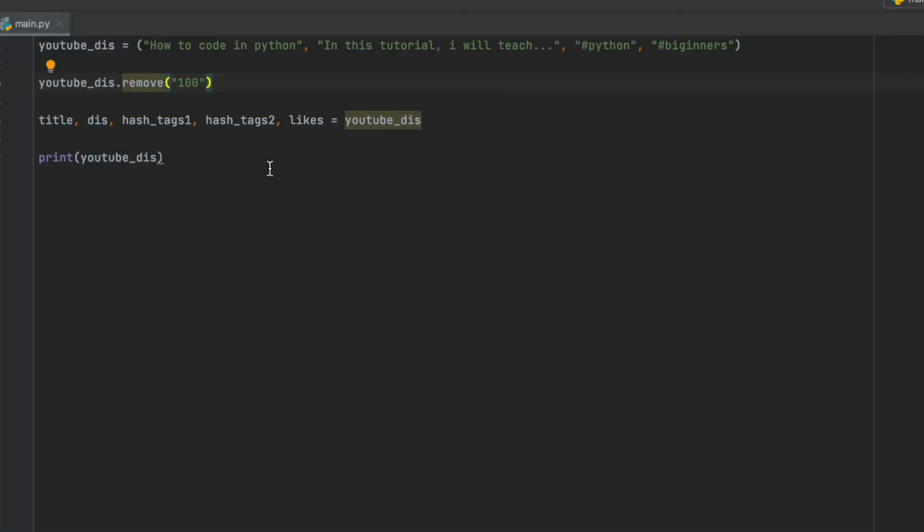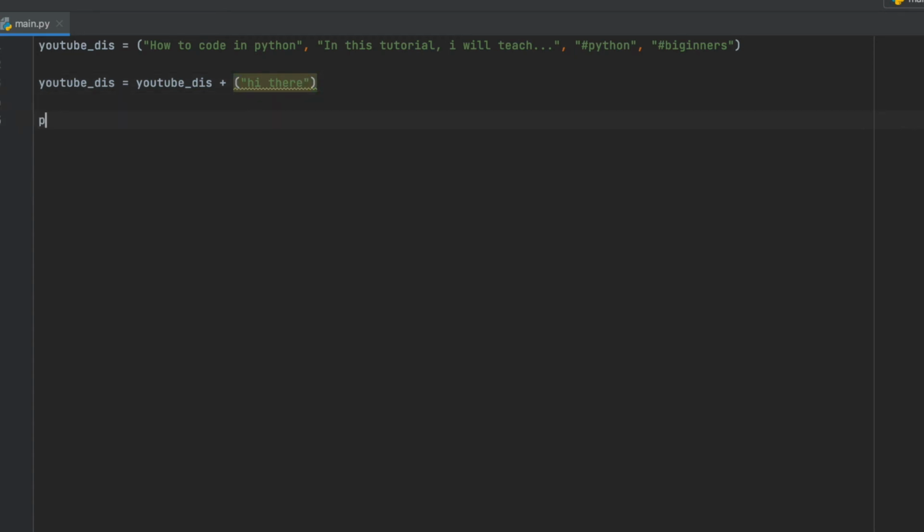Cool. So there are some instances where we do want to dynamically add something to a tuple, and we can in fact do that. So it's not going to be the append method, and we don't have any functions to add to it. But what we can do is override it. And so we can just rename YouTube description, sorry, I keep saying discount. I can say I want YouTube description to be equal to whatever the YouTube description is, plus a tuple, because I want to add an item to a tuple. I want to say hi there or something.